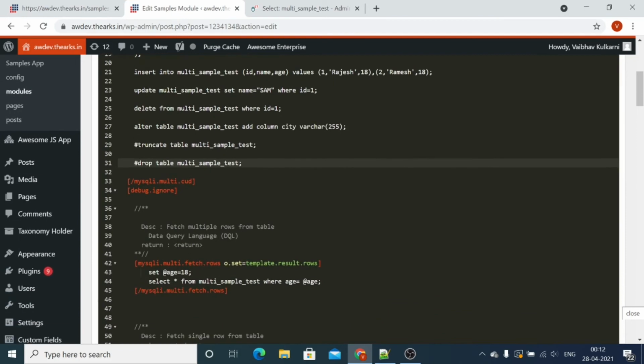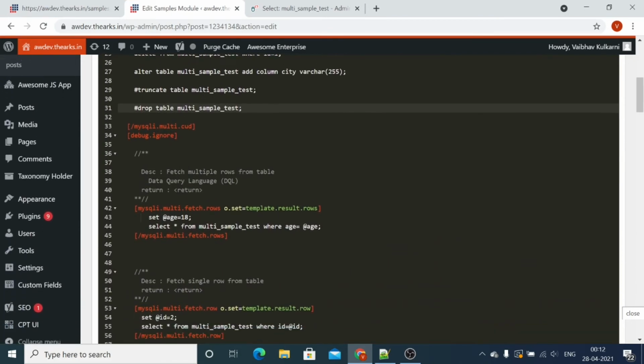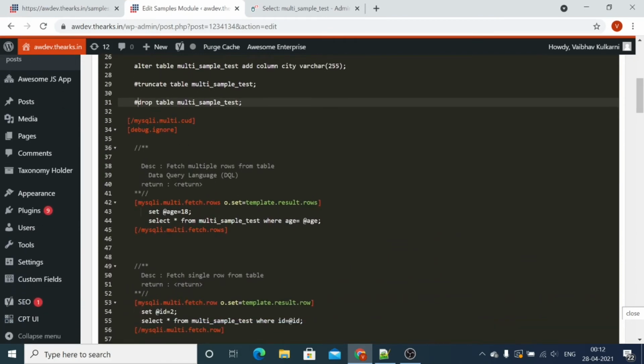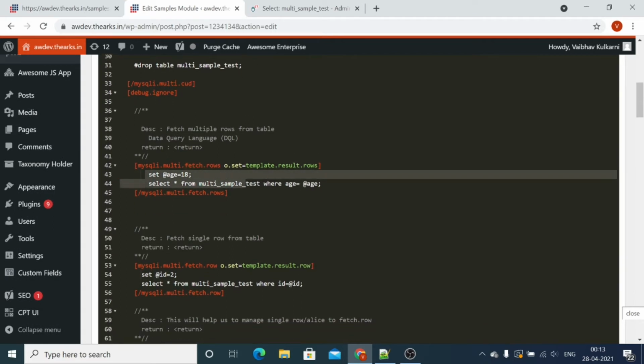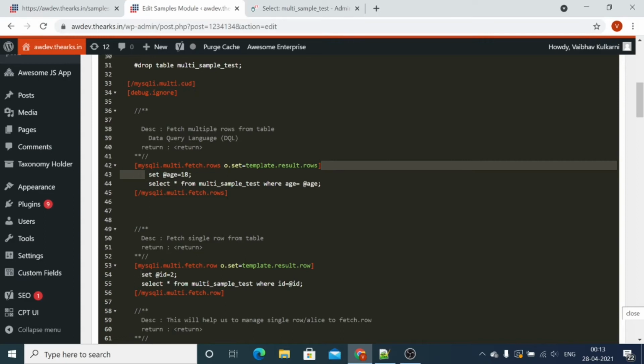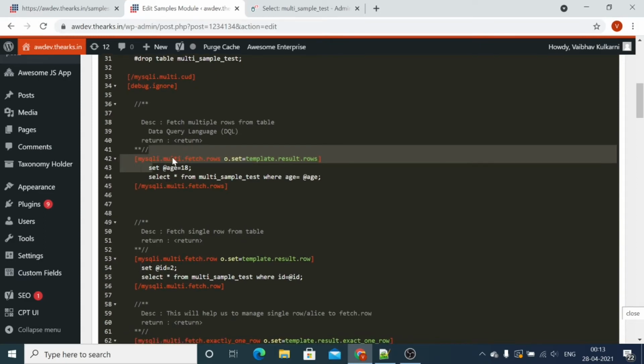Now similarly, whenever we are executing multiple queries, we are using mysqli.multi. For fetching multiple rows or multiple queries we can execute by using multi.fetch. So multi is the keyword that will help us to execute multiple queries.